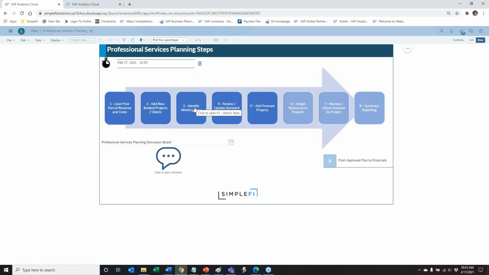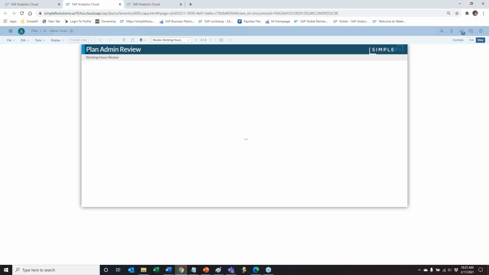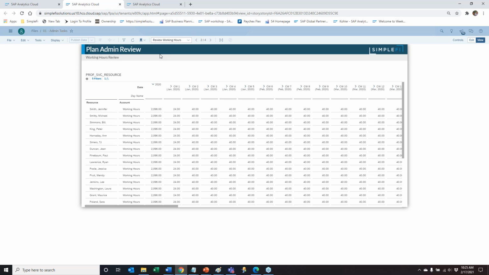Another setup step within here is just to identify working days and loading standard cost type information if we didn't have that from a source system. So within here, we have a few different things that we can plan to provide us a good starting point for what are the hours we could bill. So we can look at specific work, what are our working days within the year when we eliminate holidays. We can look at specific utilization hours. So if we want to incorporate or load into here planned vacation time by resource, we can also do that,